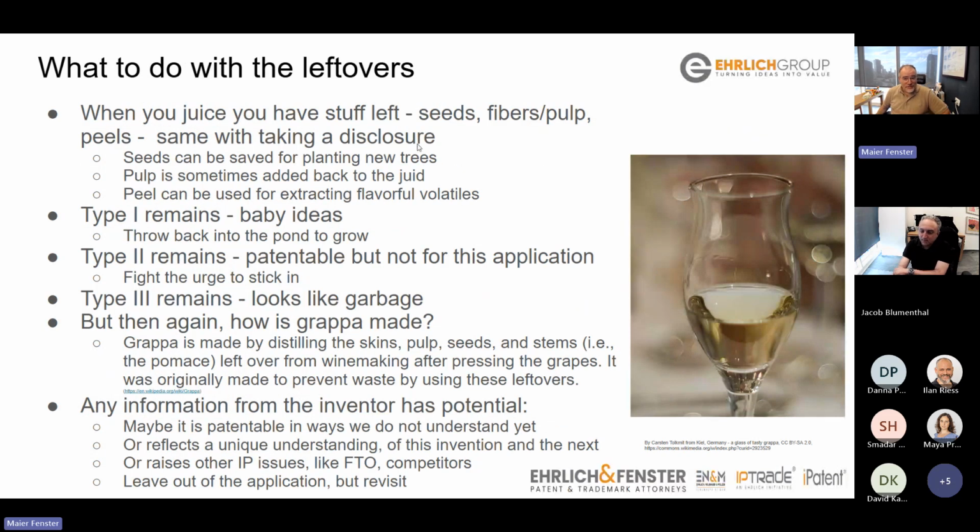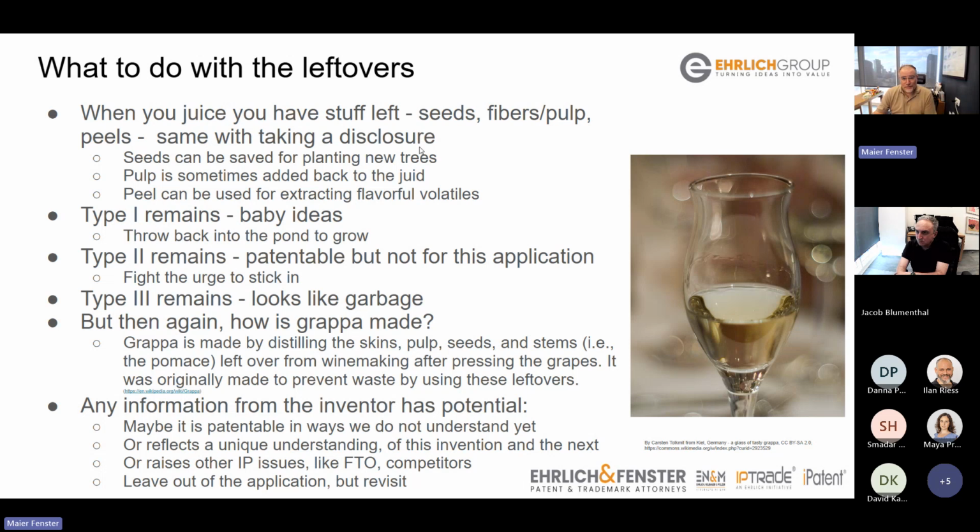When you're done juicing, you have leftovers. What do you do with the leftovers? So before you say, let's throw them away, just remember that grappa is made from the leftovers of juicing. So you can get some good stuff from the leftovers. Generally, some of what the inventor has should go into the patent application. Some of it should just help you understand. Some of it informs you about things like freedom to operate or competitors or maybe trade secrets. In any case, there are leftovers